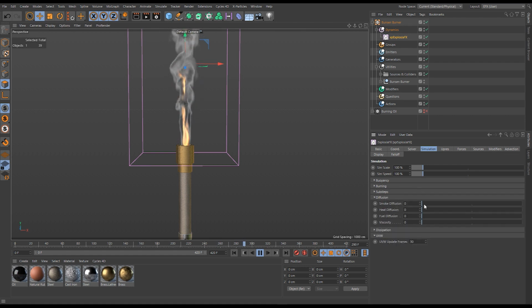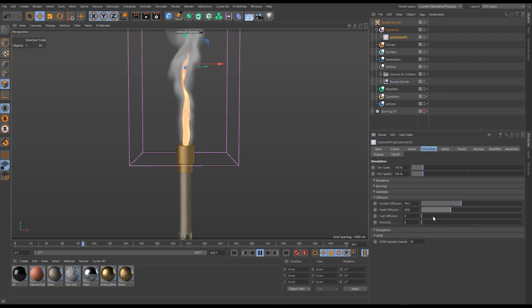Now, quite simply, the diffusion is going to diffuse our properties. So whether it be smoke, heat, fuel, and then this one here is called viscosity, but it's actually diffusing our velocity. So all the major channels that we're used to seeing here, if I diffuse those, they are going to soften. They're essentially going to diffuse a certain amount of their property out into the next voxel and then repeat that process. And you'll see that we actually end up with a softer looking smoke. It's a very similar process to blurring pixels,